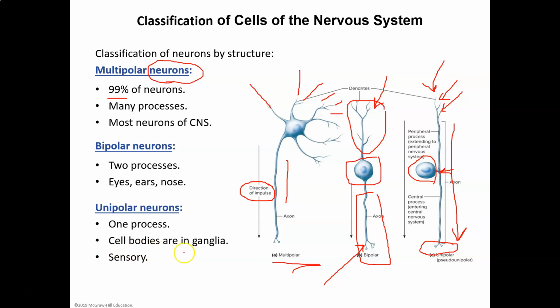One process. Cell bodies are in the ganglia. So these cell bodies, this thing circled in red there, that's a cell body, right? This has a cell body here. This is a cell body here. You know that already. That cell body in a unipolar neuron is going to be in a ganglia. Now a ganglia is a big conglomeration of cell bodies. We're going to see pictures of that in a minute. Unipolar neurons are almost always sensory. Multipolar neurons tend to be,